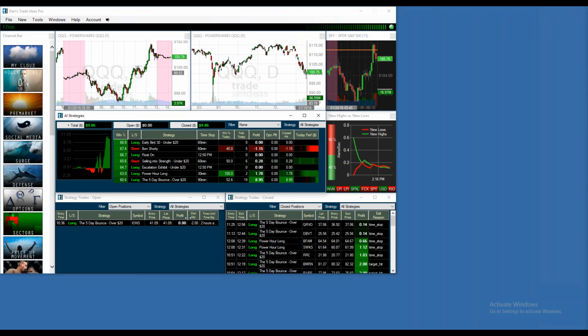So Sam, Holly is constantly updating during the day. As trades possibly become available, you will see them in here, you will see them closed in here, and you will see what the strategies are doing at the top. So she's constantly trading throughout the day. The idea is that this is AI that you can follow.